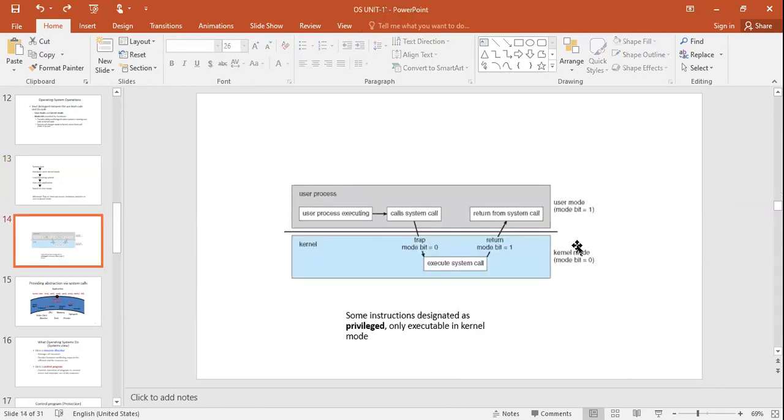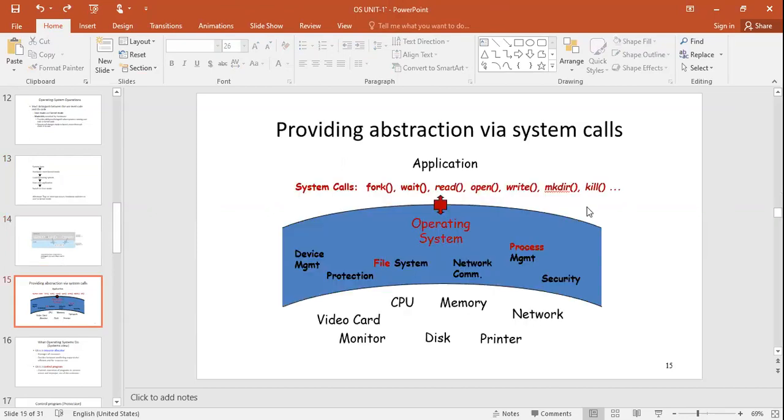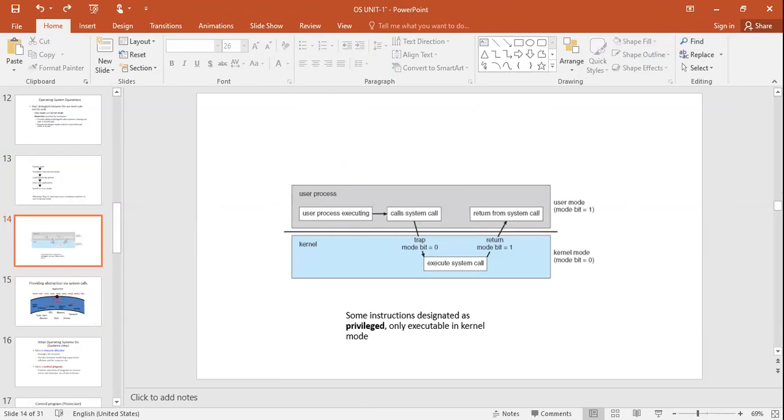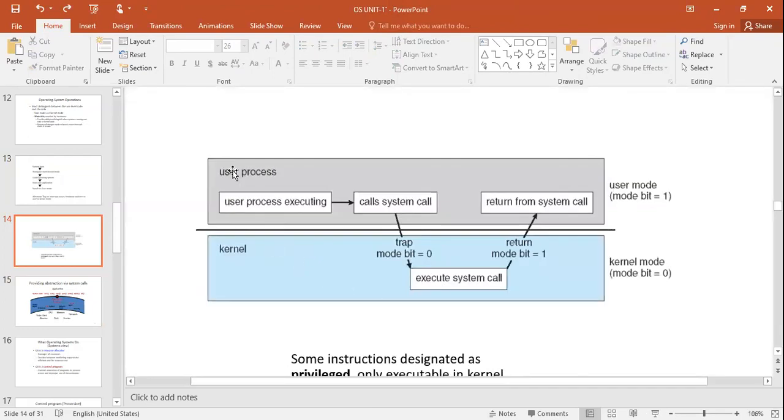Right? Now, see, you can observe this. So here, what you understood is user process, kernel. Once it started executing, immediately the system calls are invoked. Trap, mode bit is 0.